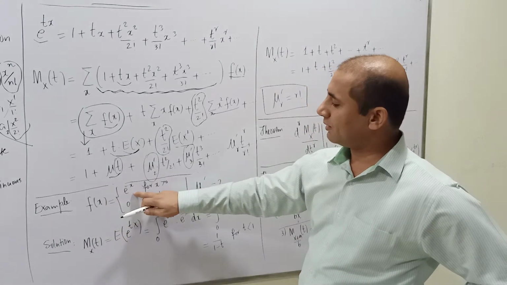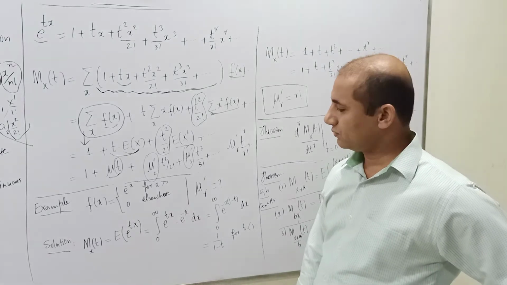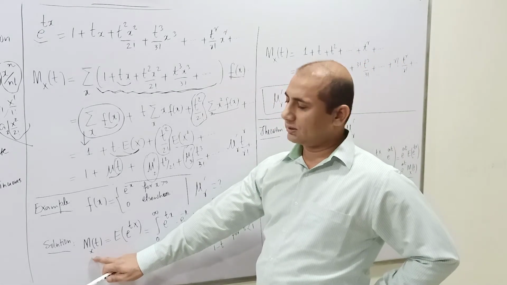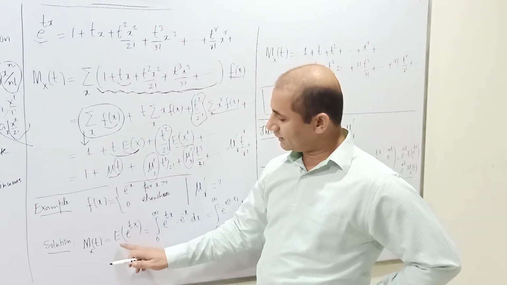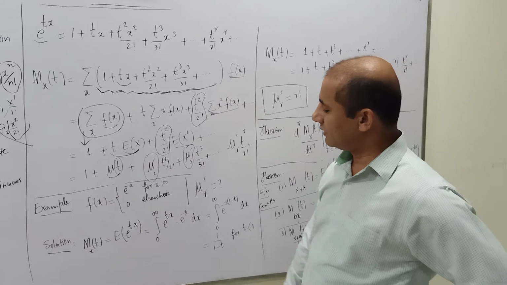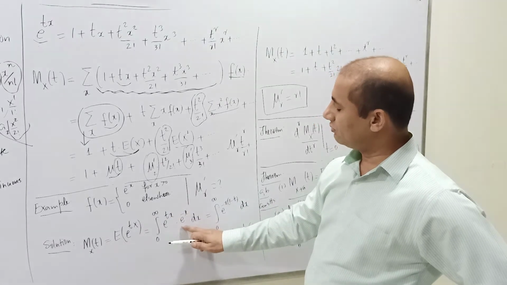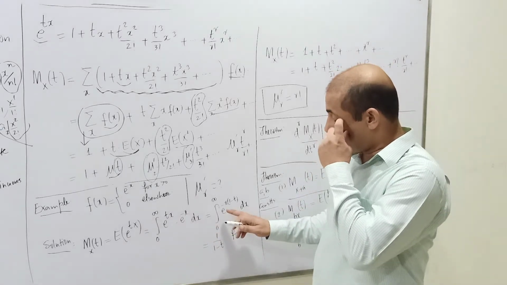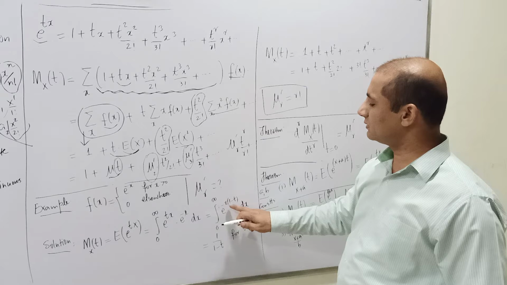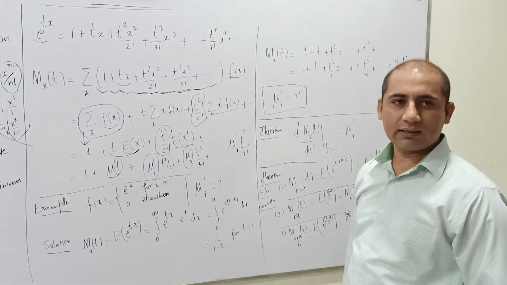And just to get going, let us consider a random variable with this probability density function, f of x is e to the power minus x for x greater than 0, and this is 0 elsewhere. So if I am interested in its moment generating function, then this becomes expectation of e to the power tx, and this is the integral from 0 to infinity of e to the power tx, and then instead of f of x I put e to the power minus x, and after this is something very routine. This becomes e to the power x times 1 minus t, and mind you, this is an improper integral.